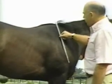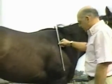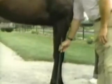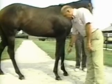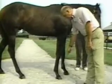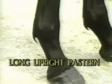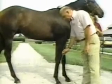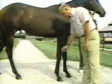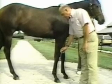And many times, almost without exception, a straight-shouldered horse, and let's drop down now, will be straight in his pasterns, and that's a very undesirable characteristic. And the angle of the pastern and the angle of the shoulder are almost always parallel to one another. And this horse does have an extremely long and straight pastern, which predisposes to many problems in the pastern area,